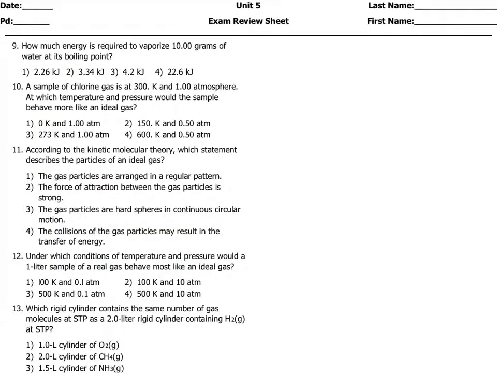All right, so for number 9, how much energy is required to vaporize 10 grams of water at its boiling point? The word vaporize means that we're going to use the equation Q equals mHv, because Hv is for boiling and condensing. Since we're looking for Q, we don't need to rearrange anything. The mass is 10 grams, and the Hv for water is 2260 joules per gram. And that's going to give you a value of